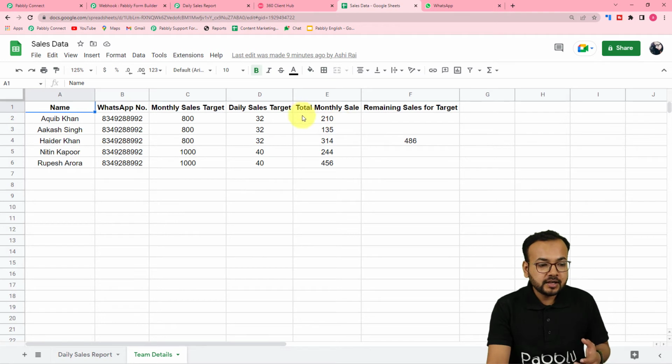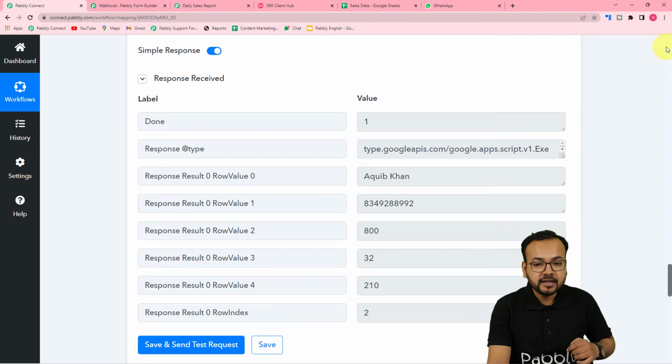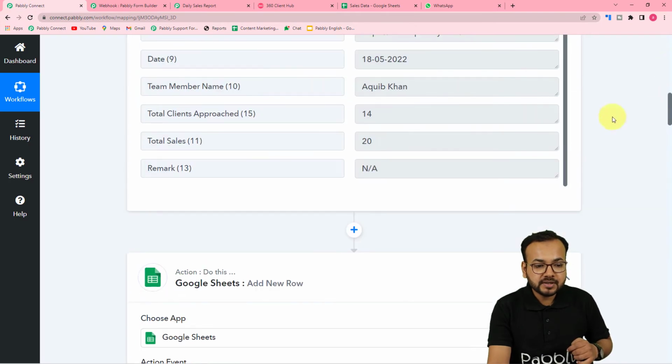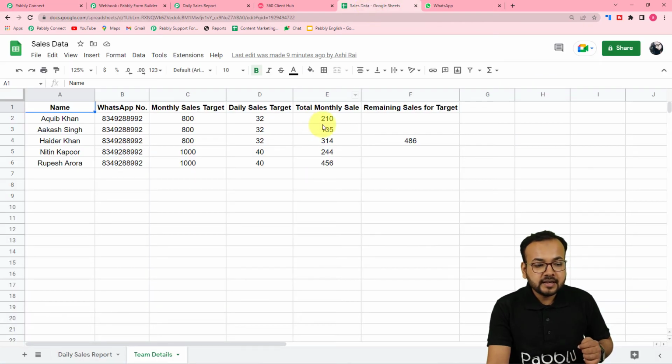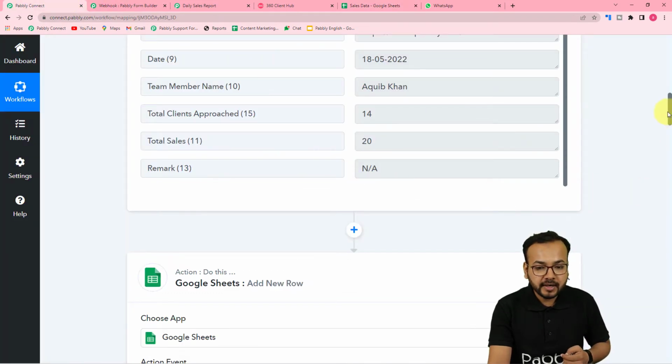Okay, so here I want to add in this monthly sale the total number of sales that my team member has done on that particular day, and we have received that data in the first step. In the form submission, you can see the total sales is 20. So now the monthly sale is going to change: 210 plus 20, and it will become 230. To get this data changed automatically, we are using number formatter here,